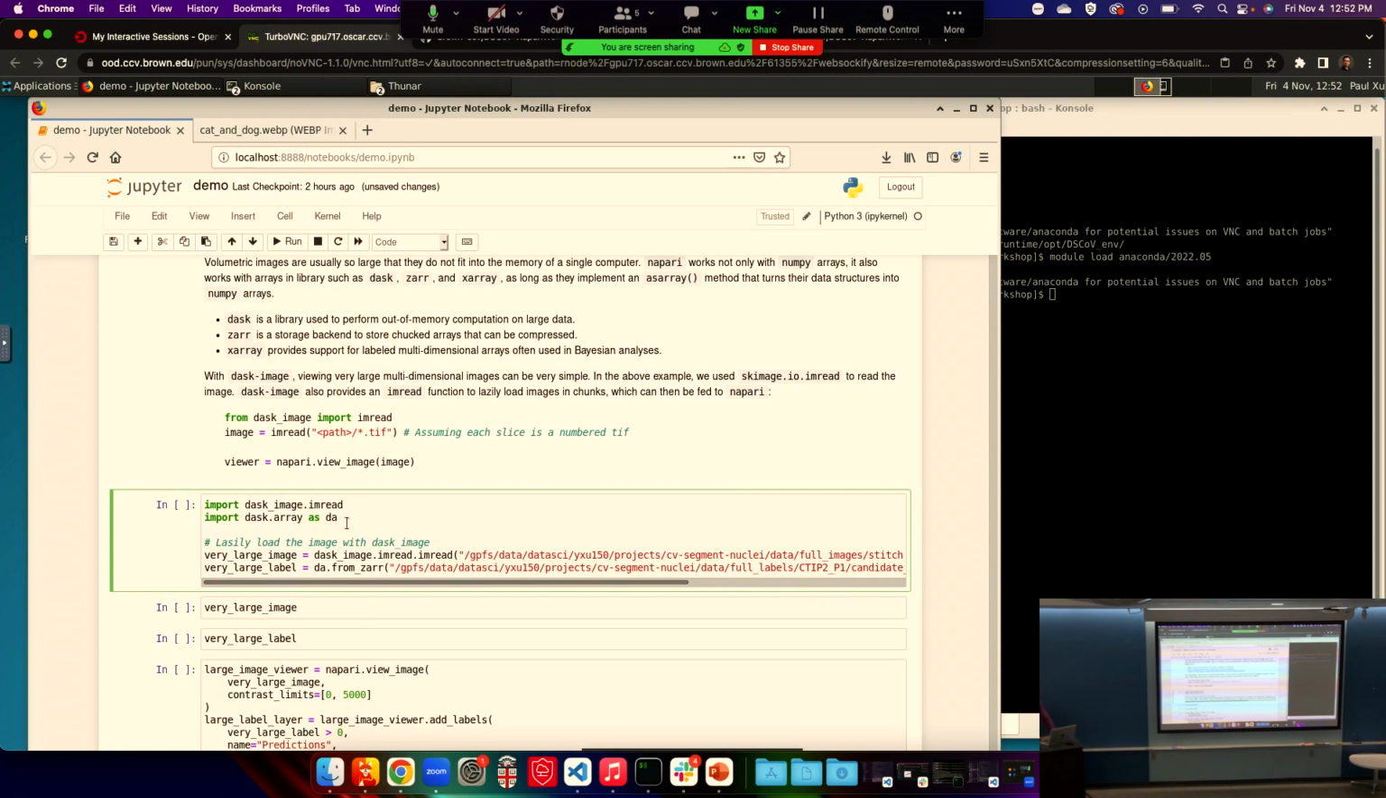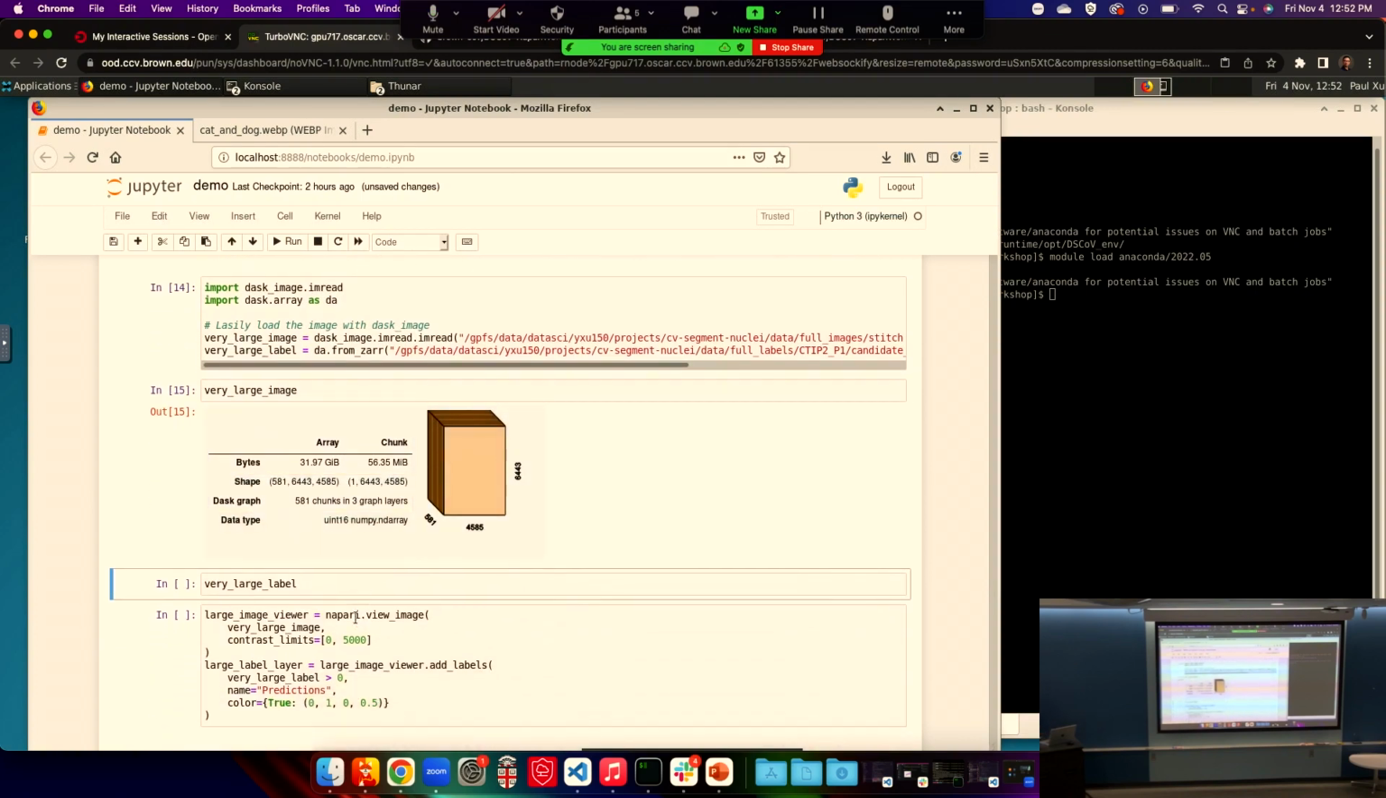So we're just loading a bunch of Dask modules. What you will need is Dask imread, and you can also read from a Zarr array as well. Okay, so now we can inspect what our very large image is. The very large image is a 32 gig huge 3D image with 581 slices. And we also have a very large label